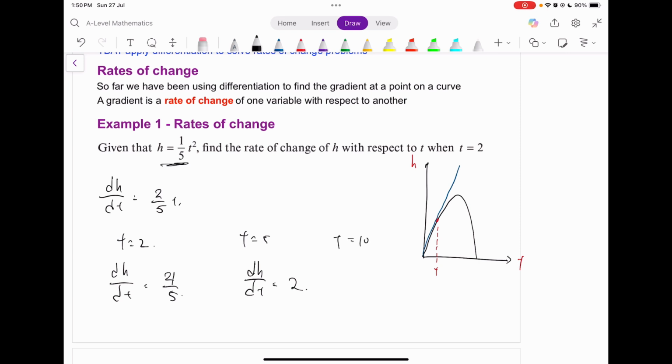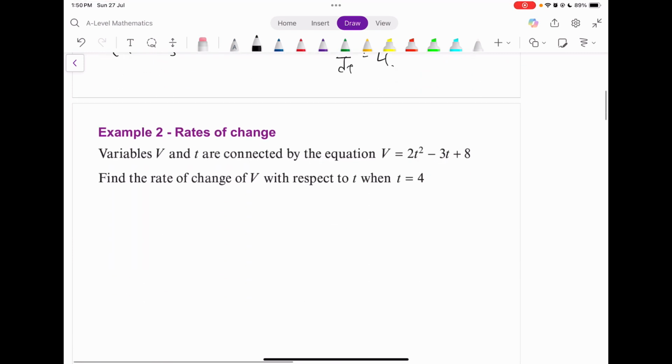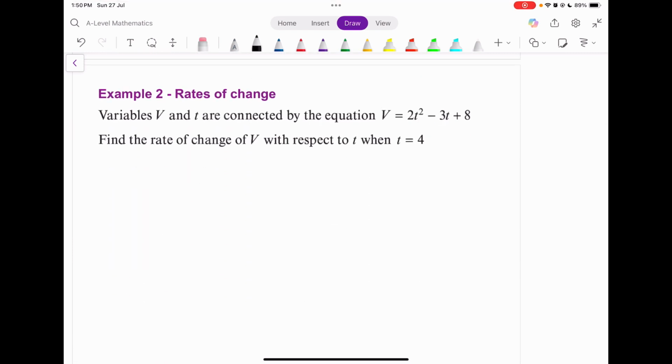If t equals to 10, what happens? dh over dt will equals to 4. 所以它其实是讲着我的 t 时间越长，我 grow 的速度就越来越快。Okay, so this is basically how the rate of change works. So at what instant 我在什么时间的时候，我的那个速度是多快的意思。